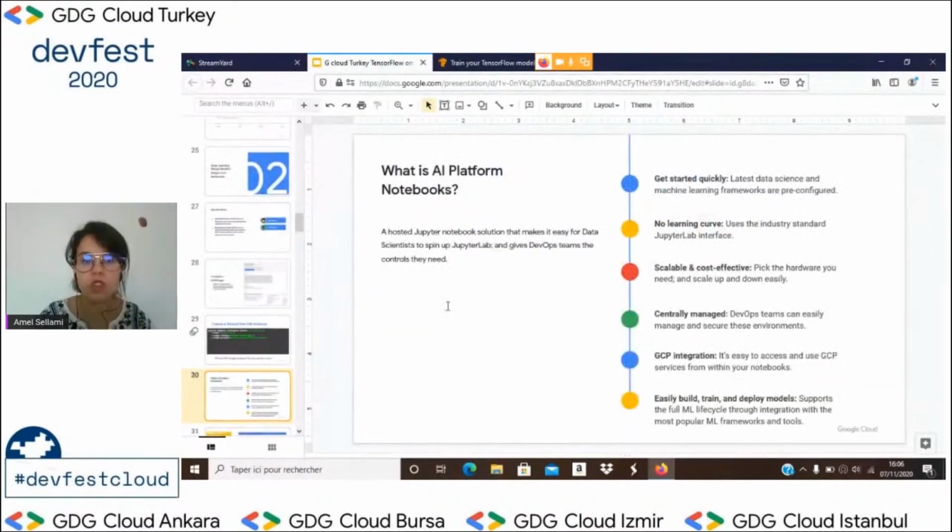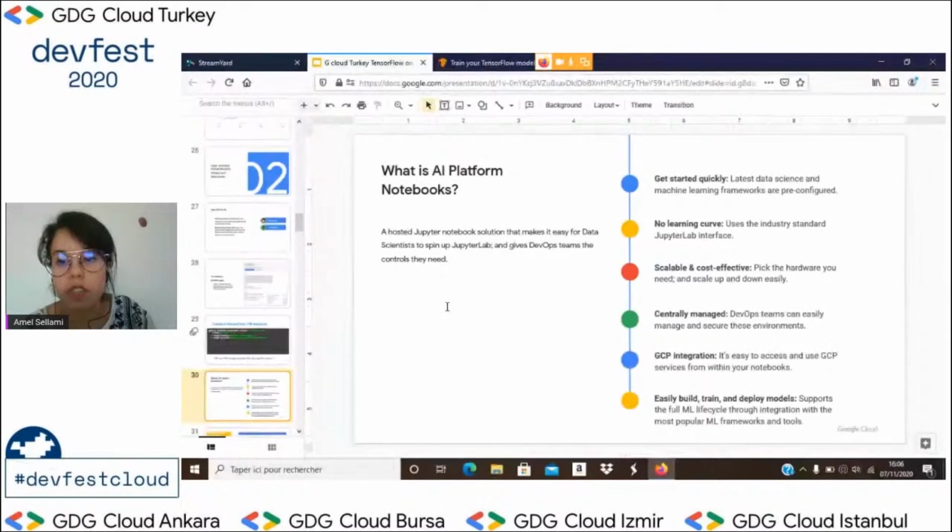Okay, so as I said, we're going to talk about the virtual machines and the AI Platform Notebooks. These are the two things that can help you train and then deploy your model. First thing is, what is AI Platform Notebooks? A hosted Jupyter notebook solution that makes it easy for data scientists to spin up JupyterHub, and it gives DevOps the kind of controls they need.